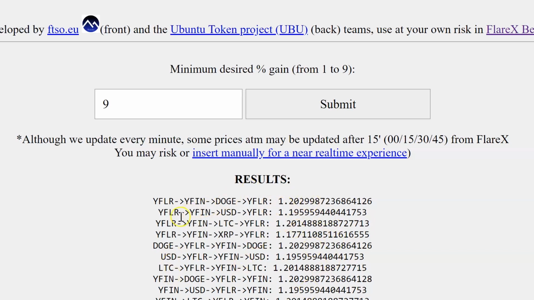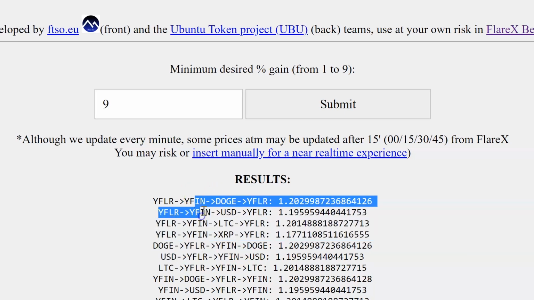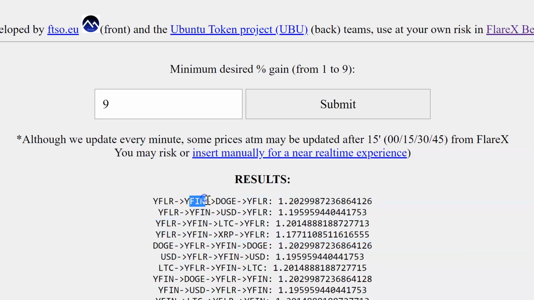So what I always suggest is you look at where your money is trading. Now, I've already taken my WIFIN out of the farm. So right now I'm holding WIFIN. That's what I usually look for: I go WIFIN, and then what do I want to trade into next? And I think this right here